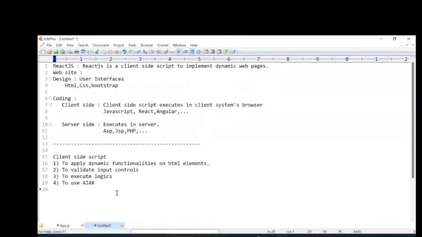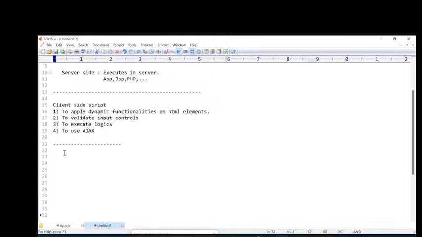Okay, so in this point of view, also we are using client side scripts. So these are the main reasons why we are using the client side technologies here. Okay, fine. I think all of you got the clarity in this point of view, right? Yes. Now we are